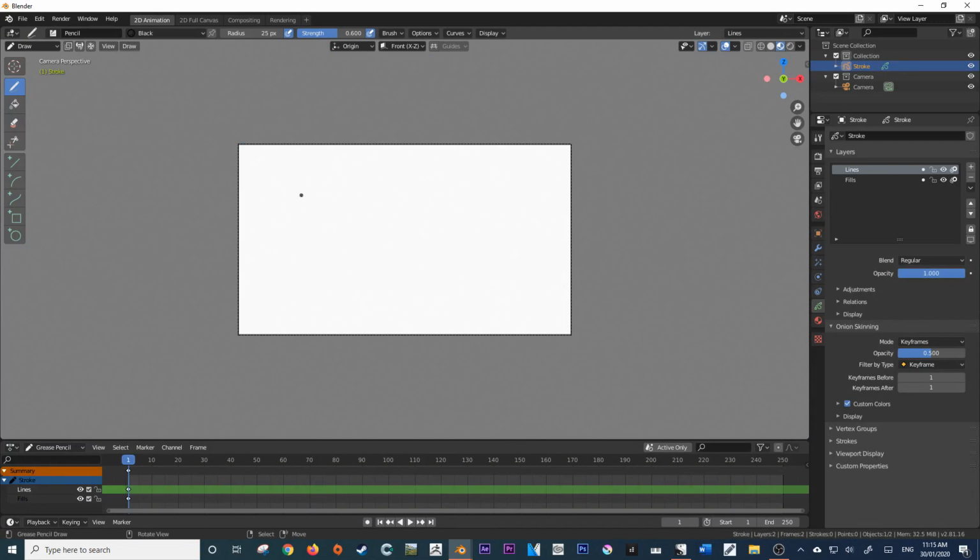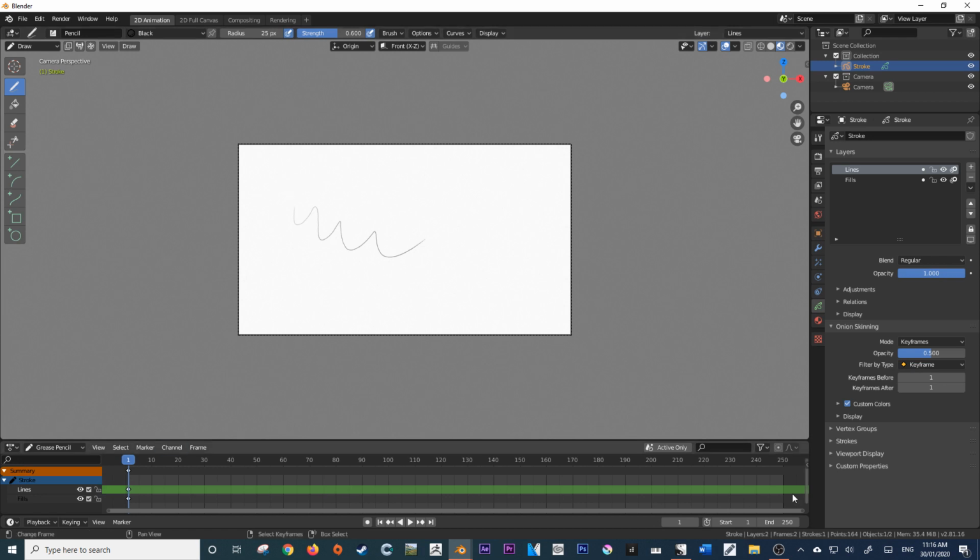Another thing that may occur when you're first starting out in 2D animation in Blender is that you may change the interaction mode. So interaction modes in Blender are object-specific modes that allow you to interact with them in different ways. So the object that we're actually drawing within is called a stroke in Blender. You can see it up here. And within that stroke, layers are saved. And within those layers, strokes are saved on different keyframes.